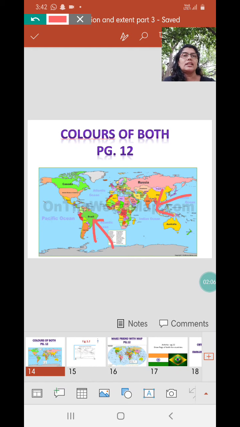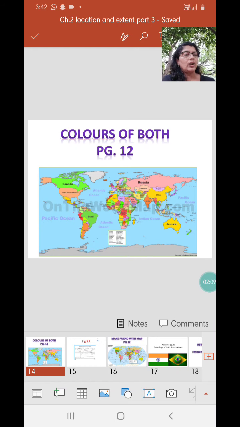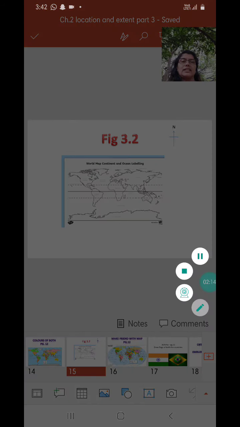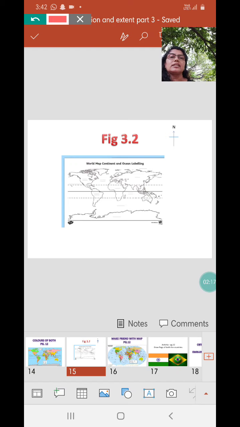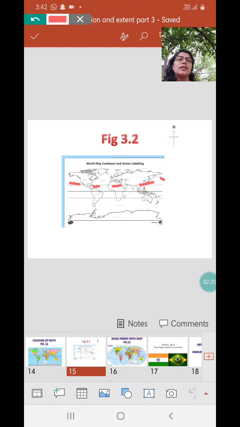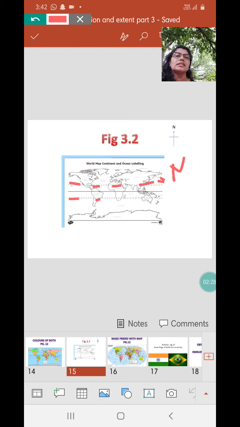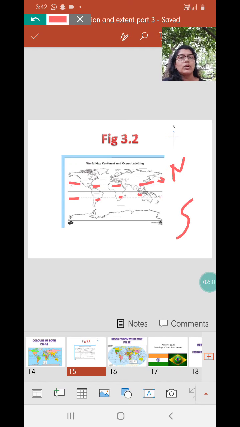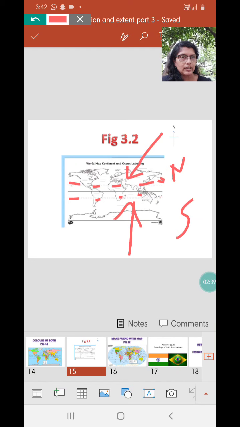The next question is: draw the equator on the map and write its value in degrees. Before you do that, I would advise you to first write the name of this reference line, which is at 23 and a half, that is 23 degrees 30 minutes north and 23 degrees 30 minutes south. What is the name of this one then? This is the Tropic of Cancer, and 23 and a half degrees south is the Tropic of Capricorn. These are 2 reference latitudes, and in between these 2 lies the tropical zone.